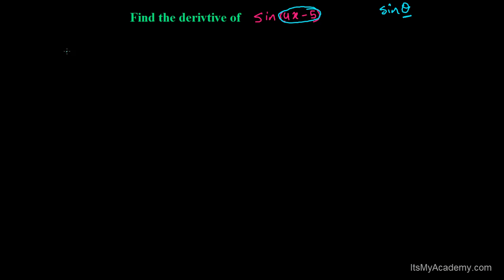So before finding, let me suppose this is my function, y equals sine 4x minus 5. Now here no specific method is specified, they are not saying to find it from the first principle method or any specified method, so you can use any method whatever you like. It's not very difficult, simple. I'm going to differentiate both sides with respect to x. So I will be getting dy over dx equals the derivative of sine 4x minus 5